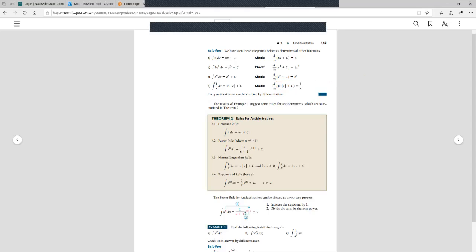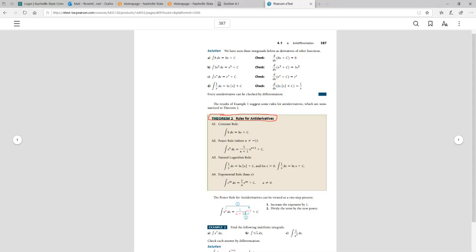Theorem 2, rules for antiderivatives. This is going to be the big theorem here for this section. If you want to take the integral of a constant with respect to x, then that has to be kx plus c. For example, if you have the integral of, let's say, 3 with respect to x,